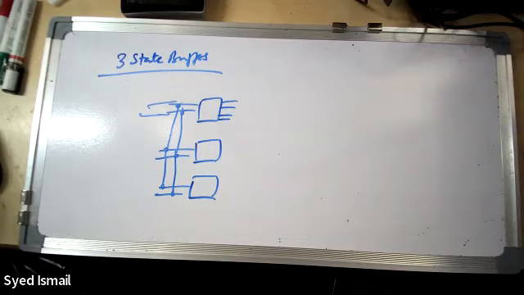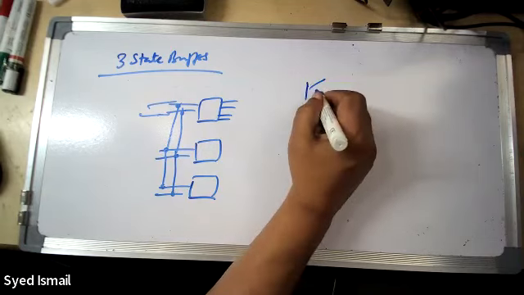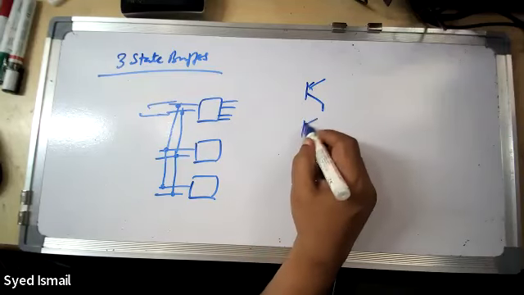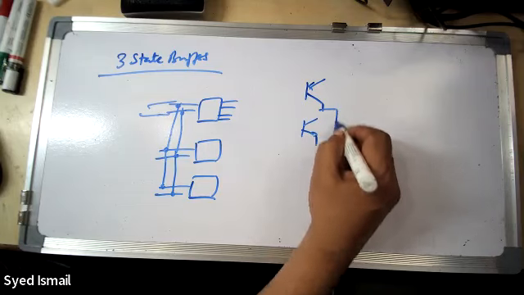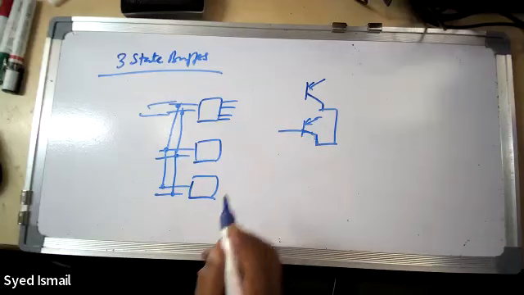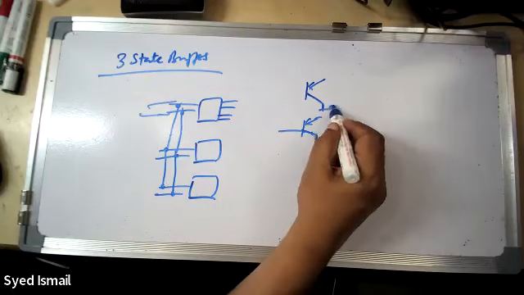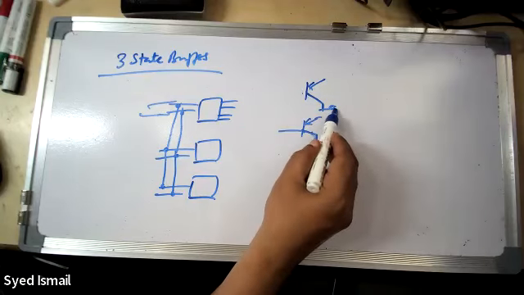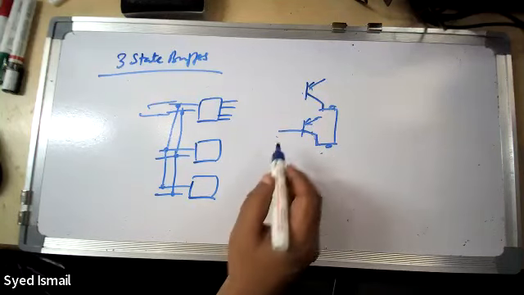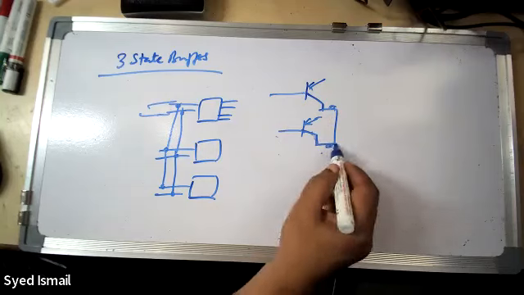That is the PNP. You remember the PNP transistor we told? I think you'll remember it like this. I draw one, another one you draw, and you can join them together. Sorry, PNP. So this is actually in 3-state. Unless this switches, voltage will not come. So you can have multiple voltages coming on the same line.